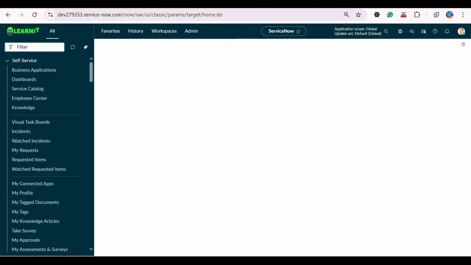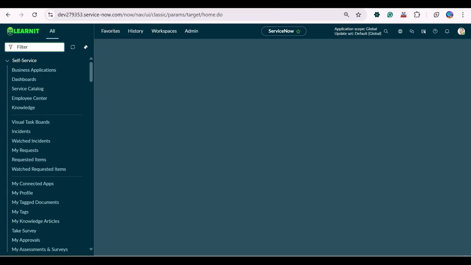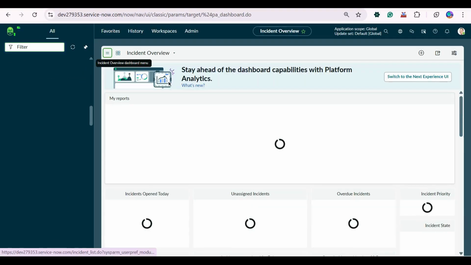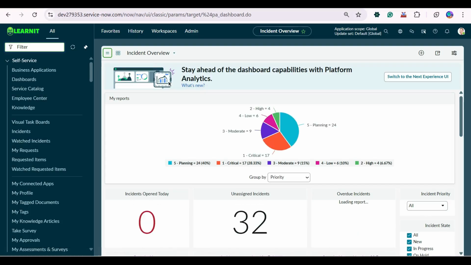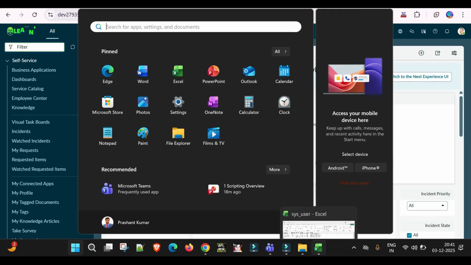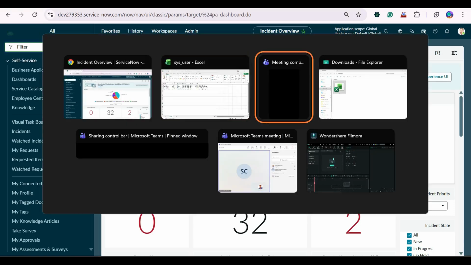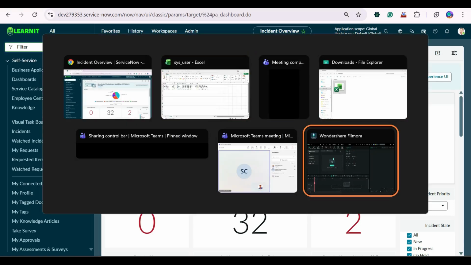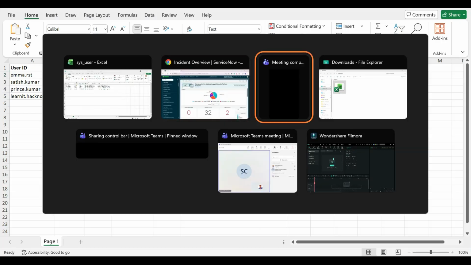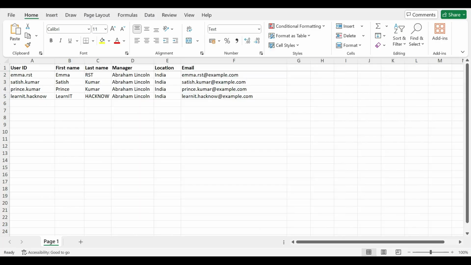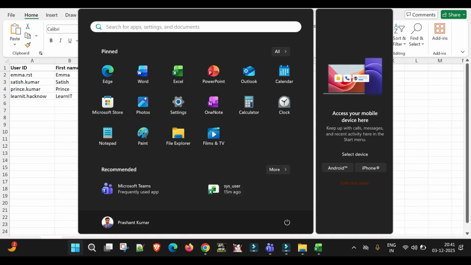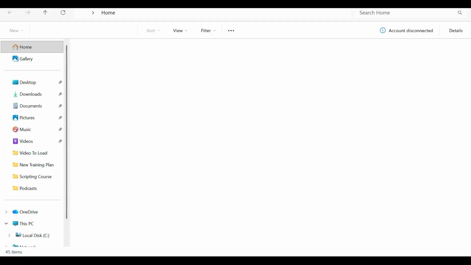Okay. Yes, bro. All right. So this is related to transform map scripting. Now we will jump to our platform ServiceNow scripting. Any questions so far? No, bro. Okay, so let's